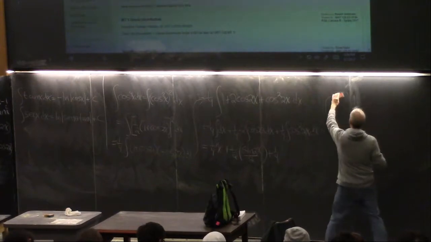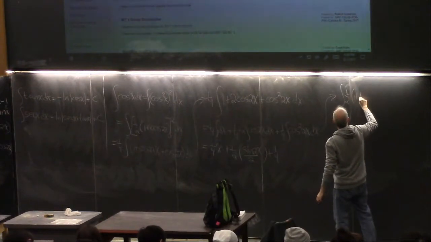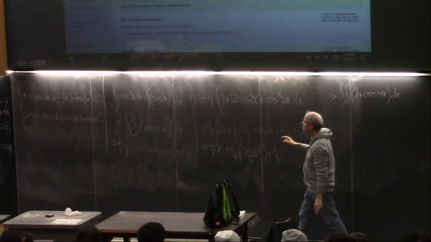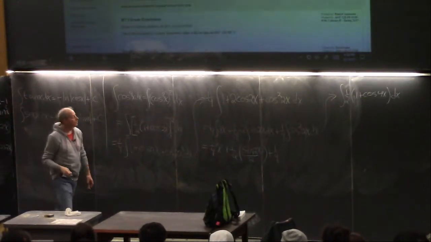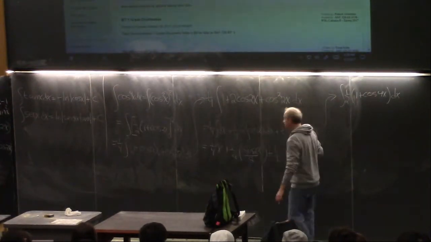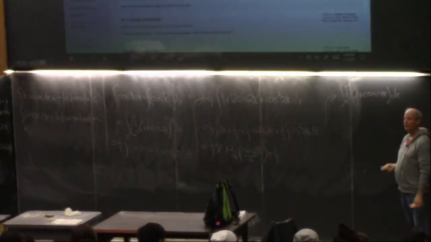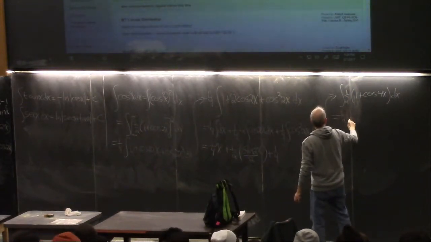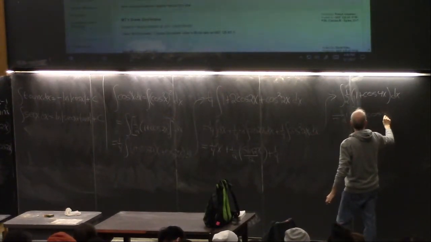Cosine squared of 2x. Well, we did cosine squared a minute ago. That's going to be now 1/2 1 plus cosine of 4x dx. How do I know it's 4x? Because it's this formula. Whatever this variable is, this is double it. So if this was 10x, this would be 20x. Okay, if this was 100x, this would be 200x. It's a double angle formula. Okay? So that is 1/2 of the integral 1 plus cosine 4x dx.